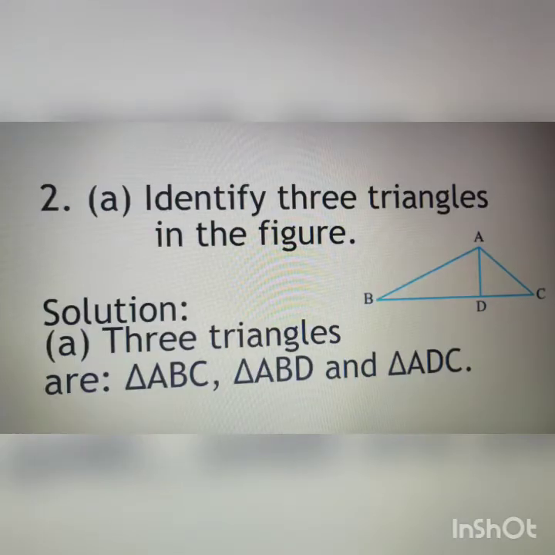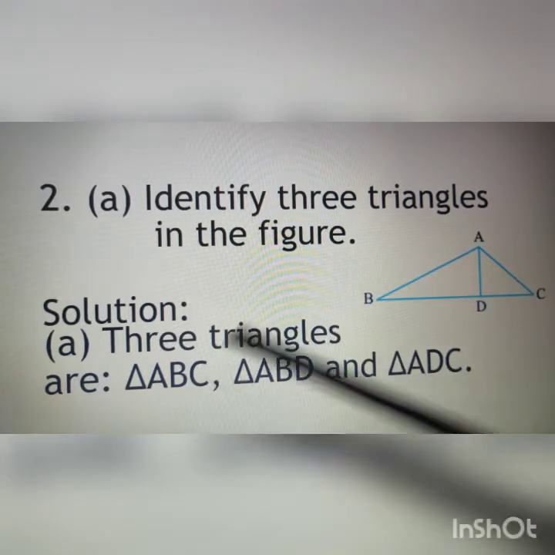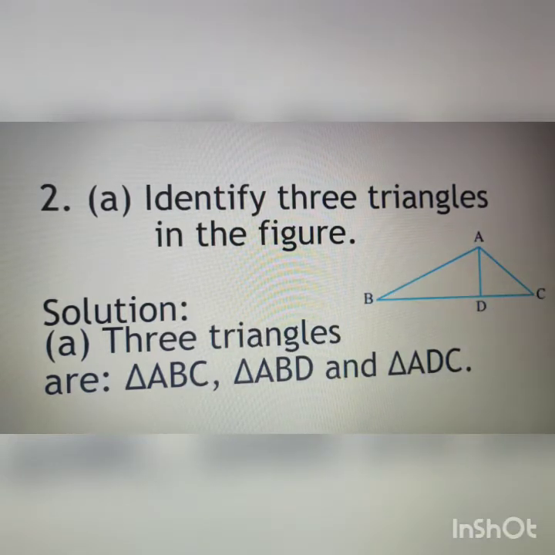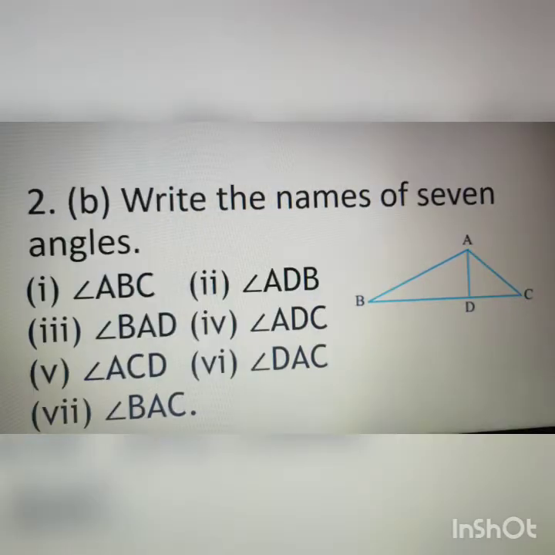Question number 2a. Identify three triangles in the figure. Solution. Three triangles are triangle ABC, triangle ABD and triangle ADC. Question number 2b. Write the names of seven angles. Seven angles are angle ABC, angle ADB, angle BAD, angle ADC, angle ACD, angle DAC,